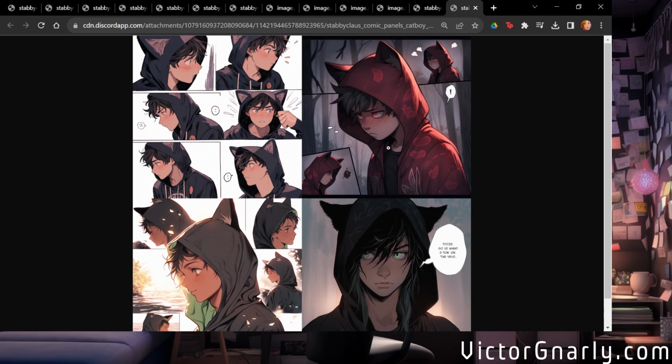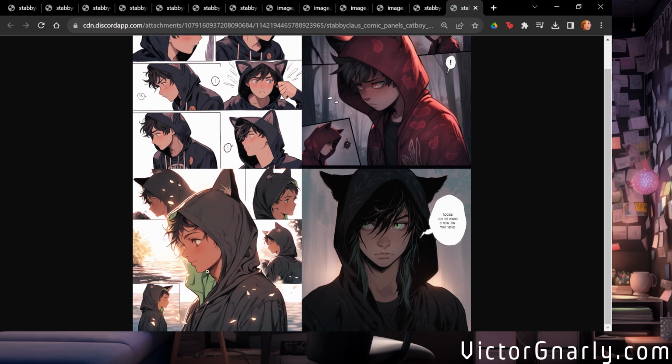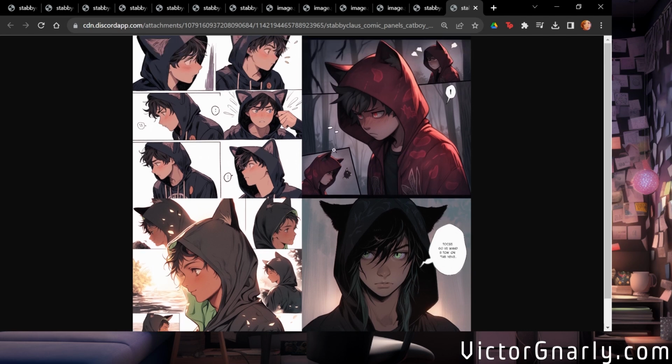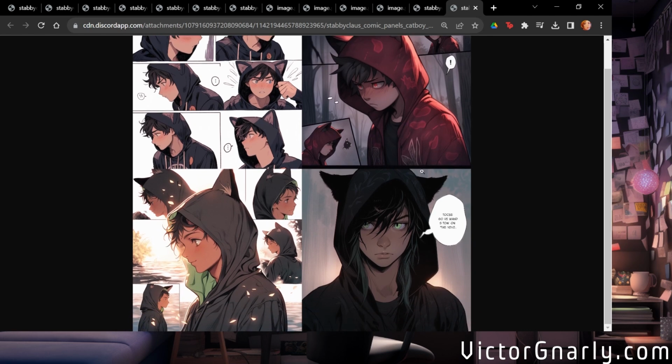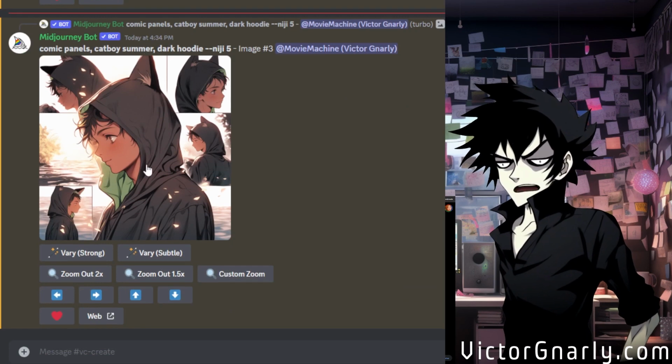So I think probably the second one's going to be the best result. But in terms of our intention, it's going to be the third because I wanted a dark hoodie character standing on the beach. Okay. So let's just do both. We have a choice here. I can either inject right now,